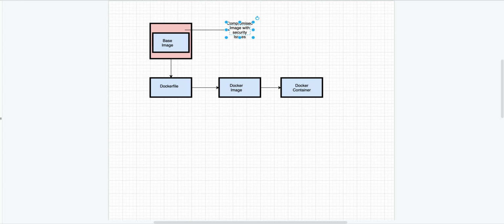So basically, due to the large number of images which are being superimposed on one another, there is a chance that in this chain of images, at some stage, the proper process might not have been followed by you or the third party from which you got the image, and eventually this might result in security issues in the image itself. And when you run containers from it, that security issue can also become a part of your container as well.